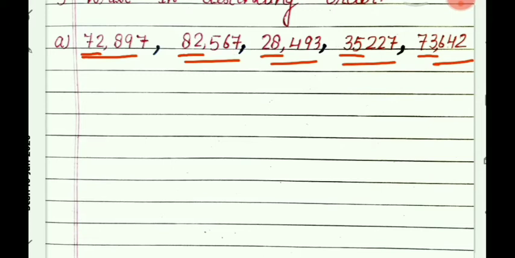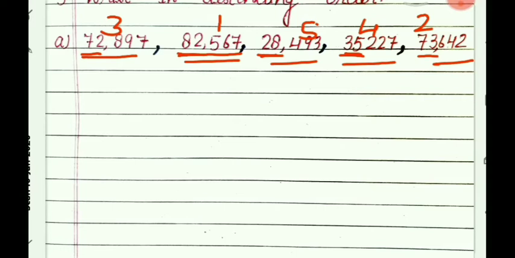Here is 82,567. So it is the biggest, write above it 1. Now leave this number and check the other numbers. Which one is the biggest? Of the rest, you can see here 72,000 and here is 73,000. 73 is bigger, so write above here 2. The next here is 72,000, so write above here 3. And the fourth one, which one is biggest? You can see here 35,000 or 28,000. 35 is bigger than 28, so write here above 4. And the last is left, 28,493. So as I have written the numbers above.